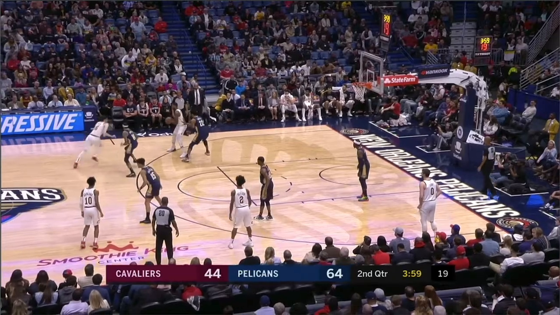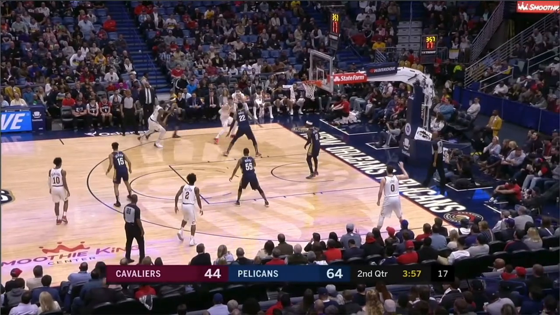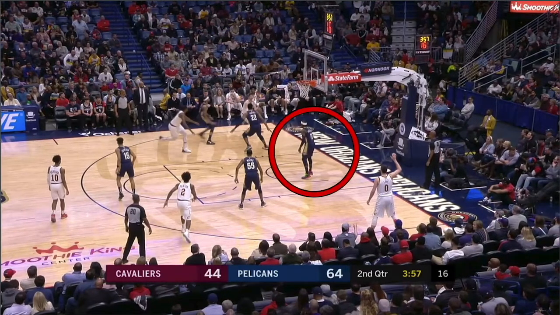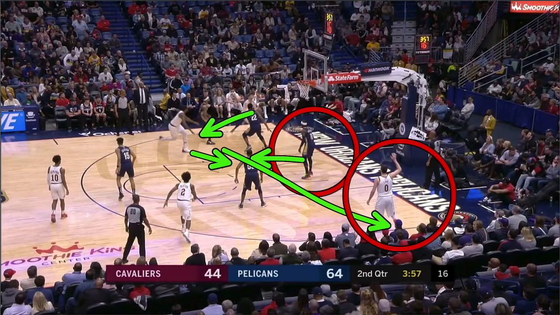All right, we're looking at an offensive clip here. This is just an awful shot by Cedi Osman. Look at this. The Pelicans are in this drop coverage where they drop the big and they fight over the top. Look at this right here. You've got this backside defender stepping up, okay? Pocket pass through to Tristan Thompson on a short roll, okay? Now that forces this backside defender to have to step up, and now we can go here now for a Kevin Love catch and shoot three, okay?